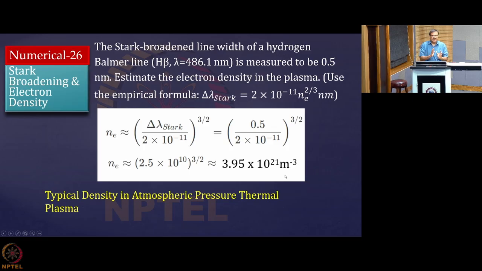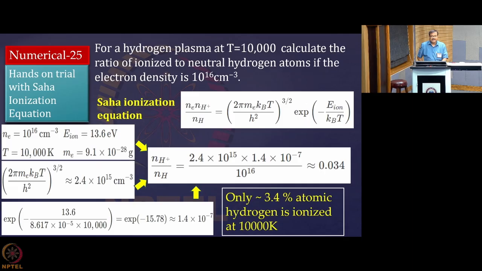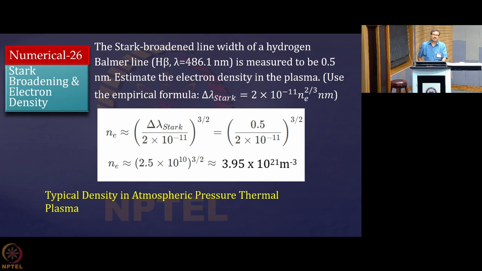So this is a typical number density that you achieve in your thermal plasma regime, and in non-thermal plasma usually you get a bit lower, say 10 to the power 17, 18 per meter cube. So this shows that this is a thermal plasma, and the ionization of 3.4% that you got is also very typical of thermal plasma, because there you get a temperature of only around 1 eV, which is 11,600 degree Kelvin. So there you get an ionization which is not very high, only 3.4% or so.